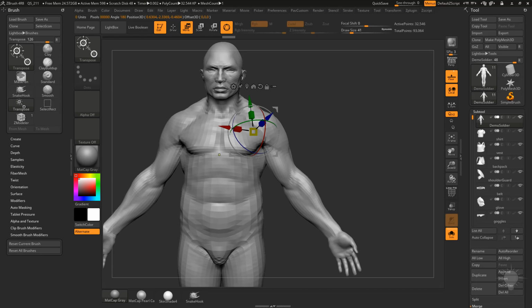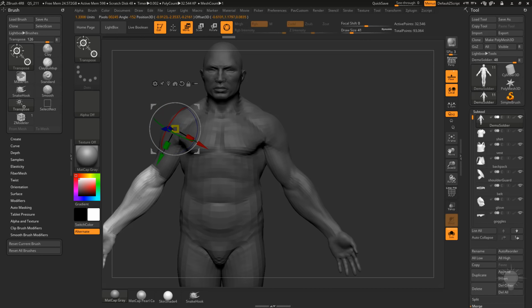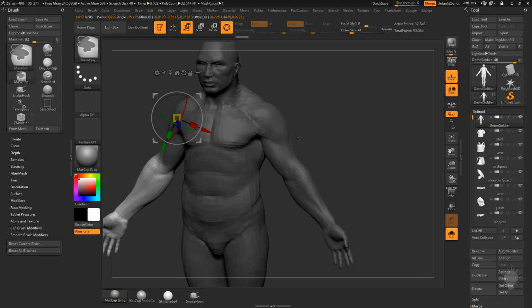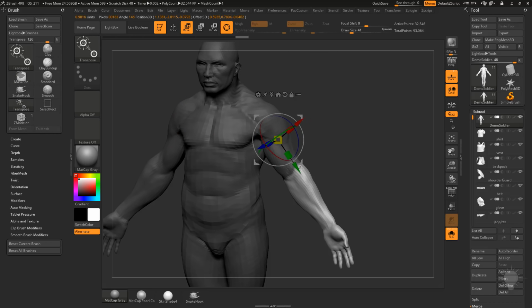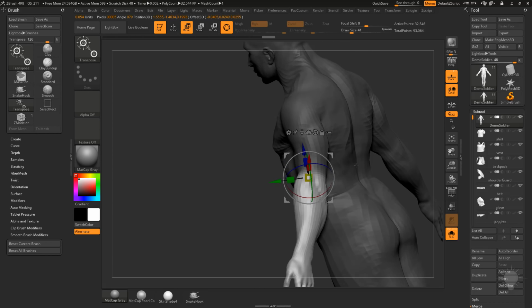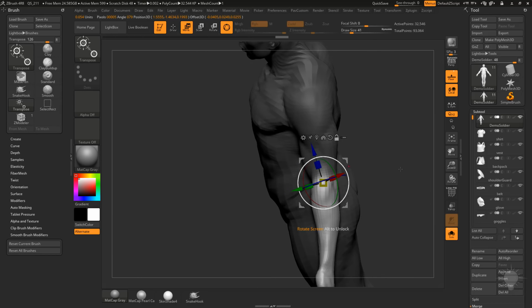If you hold down Control, just like with Transpose, it'll actually start masking along the surface of your object. So if you wanted to bend this guy's arm, just like with Transpose and previous versions of ZBrush, if you hold down Control, it'll kind of mask along his body, and then you can hold down Alt and kind of recenter this pivot in here, or hold down Alt and you can just kind of move this Gizmo right in there,